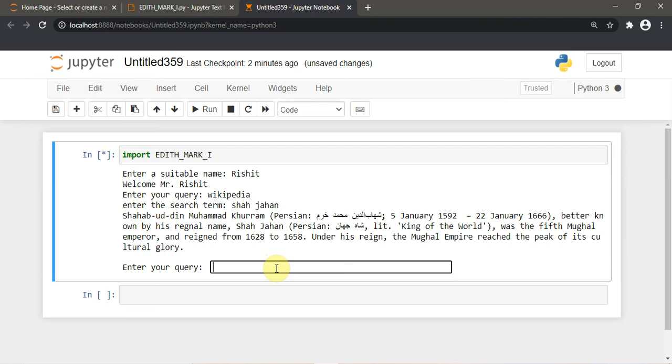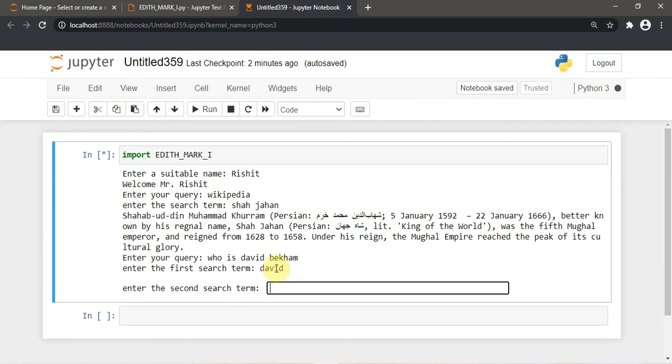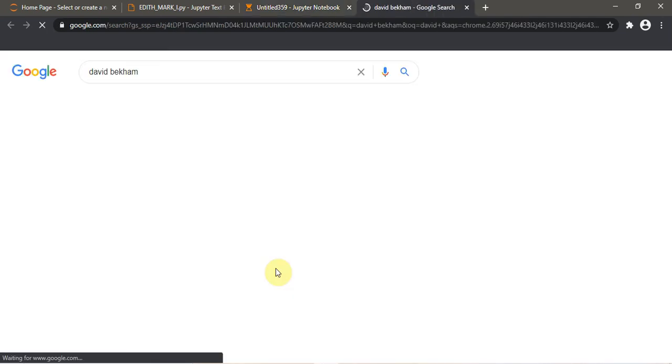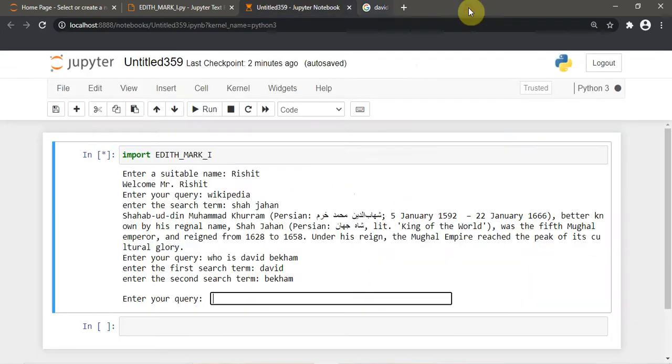So let's say we want to know someone, probably David Beckham. We need to type the search terms as well. It's going to take me to another website, Google, which will show me details related to David Beckham.